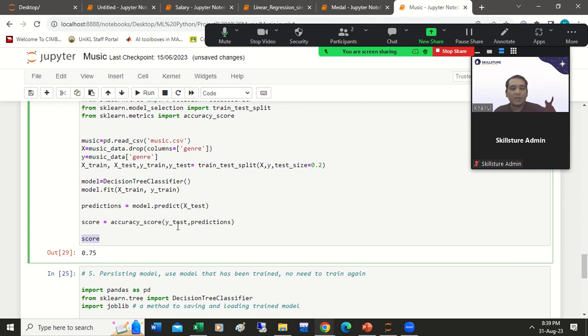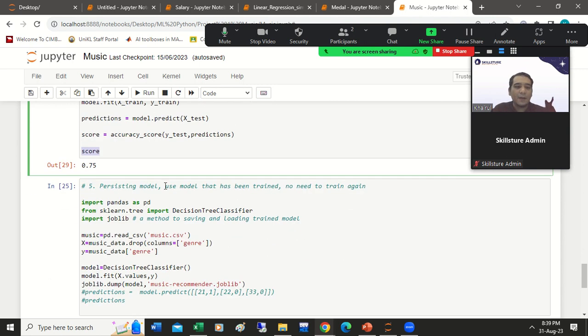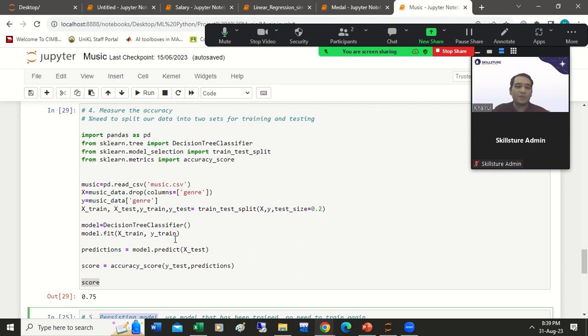Okay, maybe, and then you run again. Another situation, your system is able to predict 100% accurate, and then you run again, it comes back to 75%, right? So the score has been fluctuating. So basically, in order to avoid that, you need a persisting model, which means you train first and then